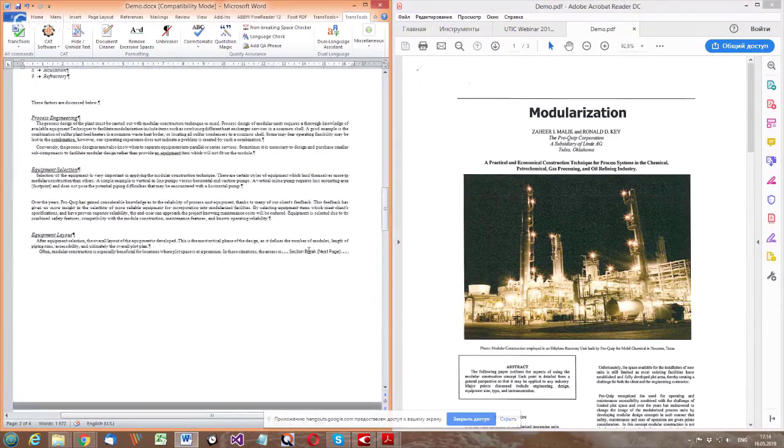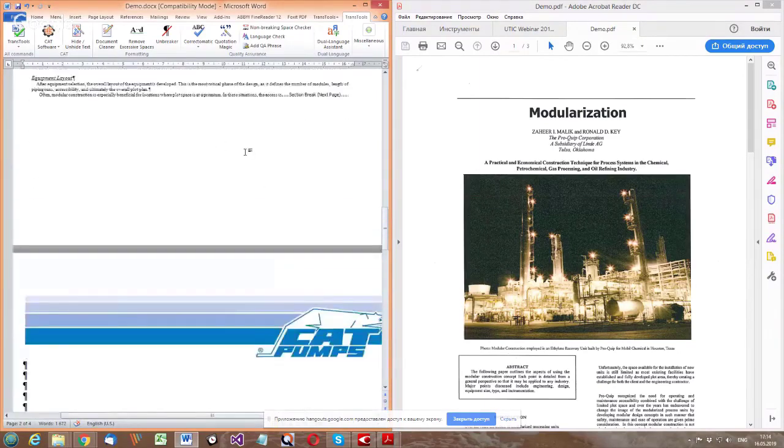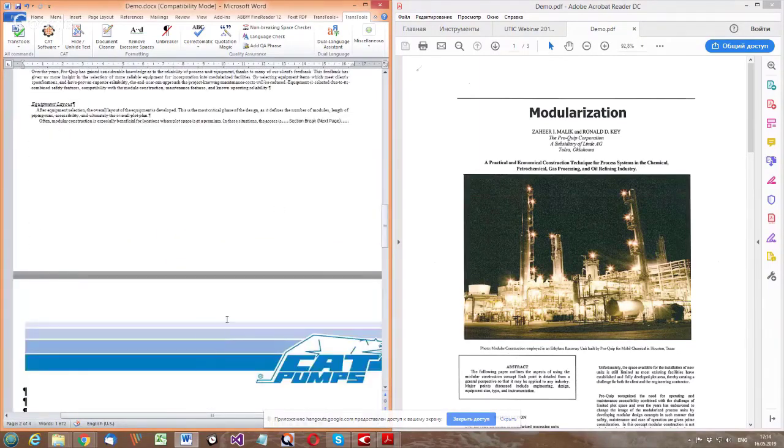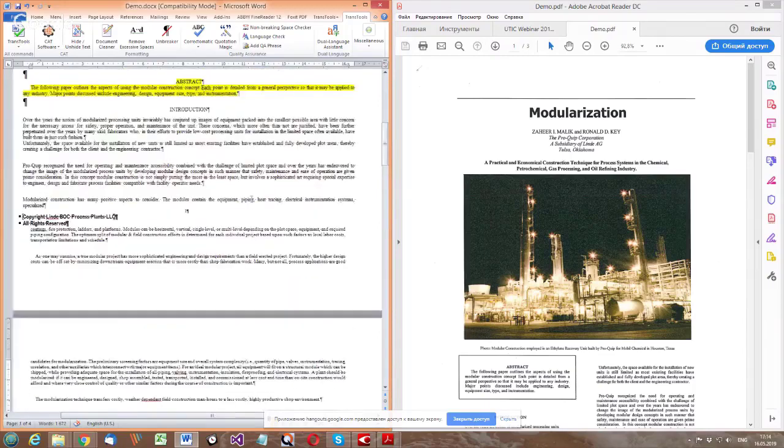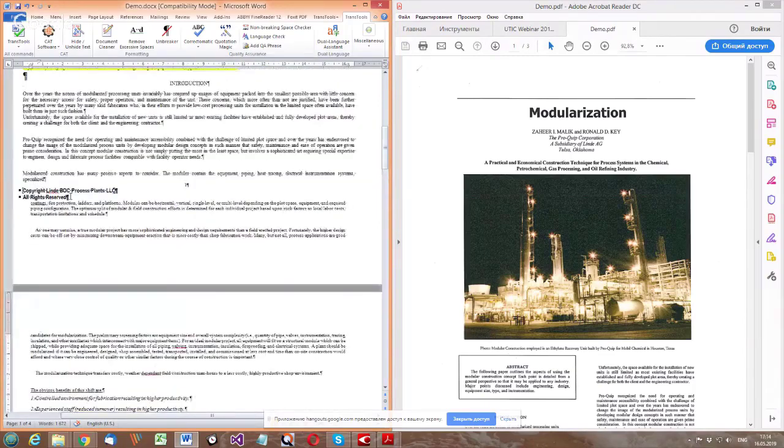So there is a section break here, but these parts are from different documents, from which I created one document. So this section break is actually justified in this particular case. So I will leave it. I can see that here I have the footer of the first page, and it actually breaks the text of the first page from the text of the second page.